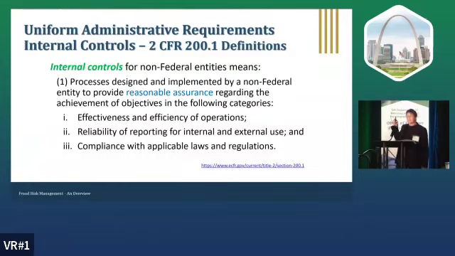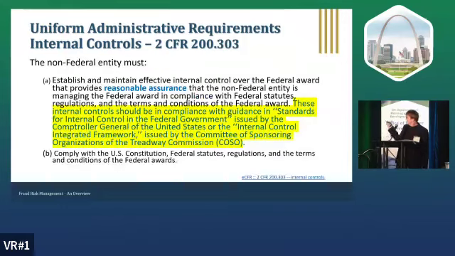2 CFR 200. That is the definition of internal controls. Basically, you need them. Why? Because 2 CFR 200.303 says you have to have them. And not only do you have to have them, and again, that word reasonable assurance, it gives you a roadmap and says, hey, you should follow standards for internal control in the federal government and COSO's integrated framework. And I'll get to those in a minute. But not only that, you have to have internal controls because you need to make sure that you're complying with the statutes, the regulations, which is both 24 CFR 570, as well as the federal registers, and the terms of your grant agreement, which may be one or many.